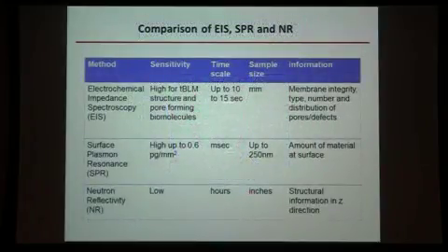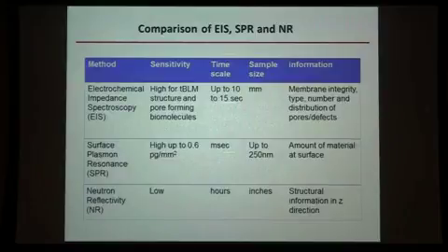So, just as a summary, we can use these three methods together to gain some information about the assembly of these systems, and then something about the structure. And so we use the impedance and the surface plasmon resonance because they're of high sensitivity and fairly rapid measurements to get a sense of the integrity of the system and the amount of material on the surface. And once we've optimized this system using these measurements, the reflectometry can be done with